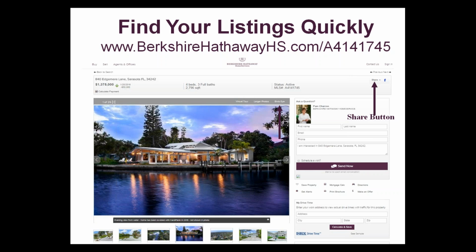You can easily and quickly find your active listings on a lot of our portals by going to BerkshireHathawayHS.com/MLS number. And this works for any listing that we have in our database. I highly encourage you, whenever you take a new listing, to make it part of your checklist to go to the national website,